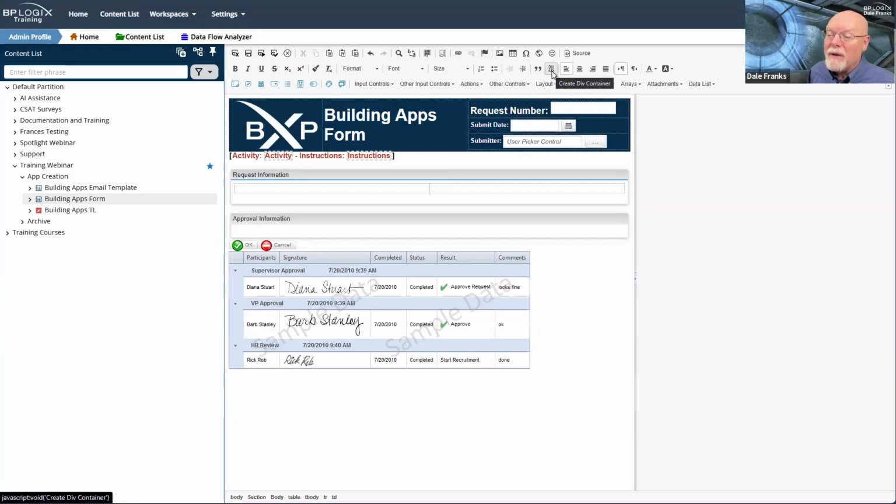There is a div container where you could actually create div tags instead of tables. You would have to know how to style them so that they display as blocks, and you may still have to go into the source to add a class or what have you. Or you can add a CSS class in the properties tab of your form definition down at the very bottom where you have additional CSS classes. So you can use div tags. I think most people don't.